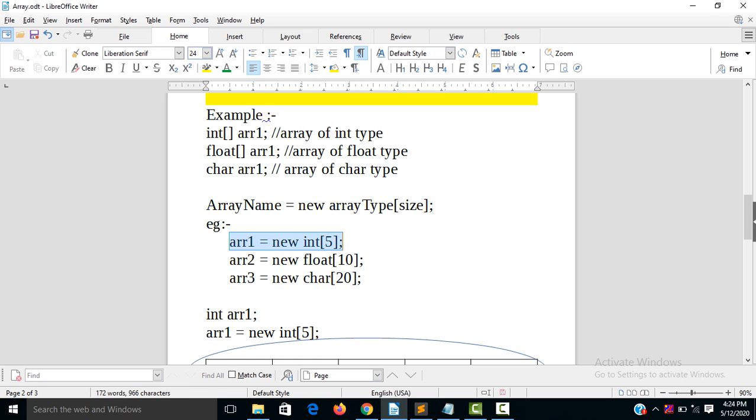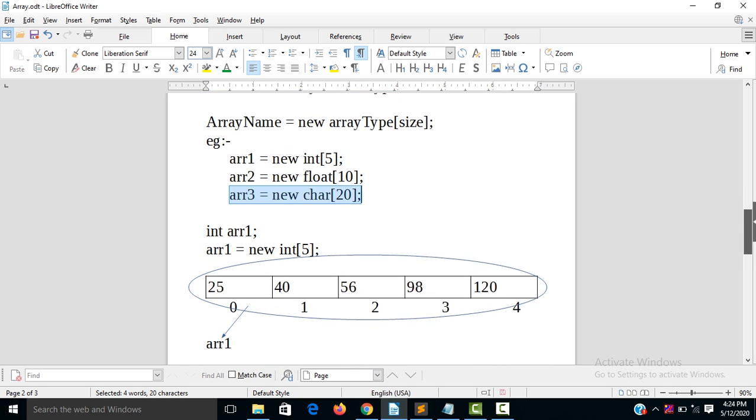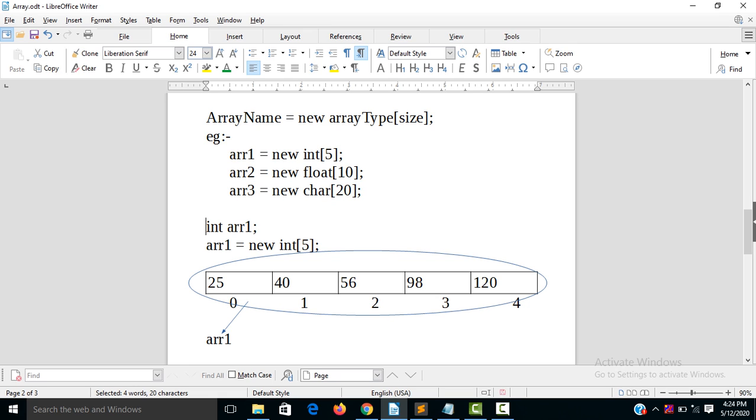So this is the initialization, and this is also the initialization of float type. This is also the initialization of a character array. So here is the declaration and this is the initialization.